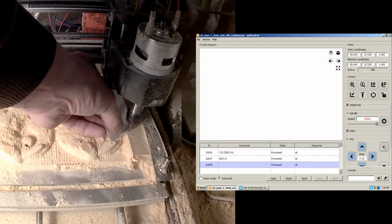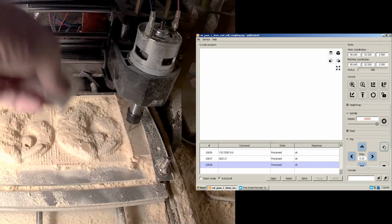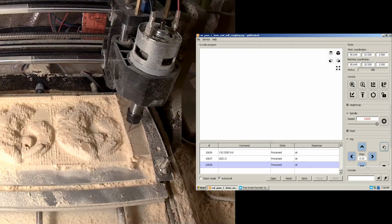Must have embedded it in the wood a little bit there. Alright, there it is. So, very important, reset the Z and the Z only. Alright, so the work coordinates are still saved, but the Z has been reset. So now we're going to open